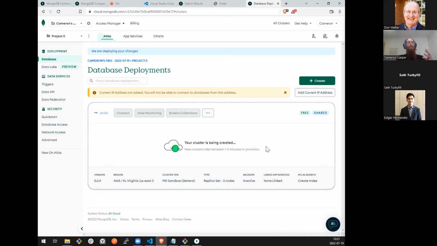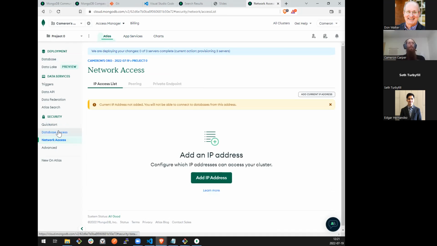Just because it starts up a database for us, a cloud database, that doesn't mean that we can actually access it and use it. We need a user account because we need to be able to authenticate with that service and prove we are who we say we are. I did just set up a test username and password, but by default, it's also limited network-wise to what can access this. And by limited, I mean nothing can. You have to go and explicitly add an IP address to the access list in order for your computer to talk to your new cluster.